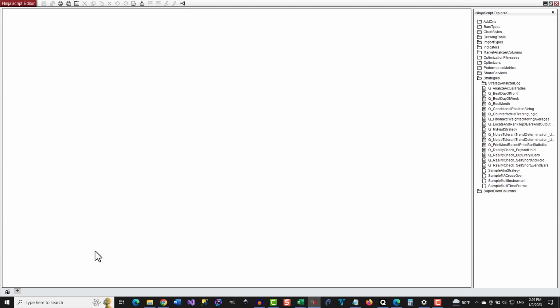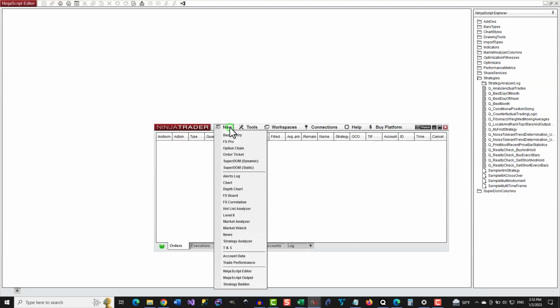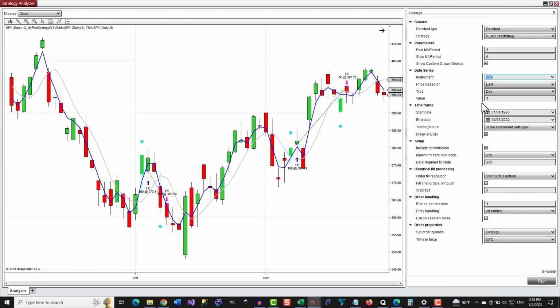Since the NinjaScript editor was open before sending the code to NinjaTrader as it should be, the code of each of the strategies was automatically compiled by NinjaTrader into a format that it understands, which made the strategies ready to be backtested in the NinjaTrader 8 Strategy Analyzer. Then I opened a separate NinjaTrader 8 Strategy Analyzer window for each of the built-in strategies by clicking here one time for each strategy and ran a quick backtest for each of the strategies over many years of historical market data for the symbol SPY. SPY is the symbol for the SPDR S&P 500 ETF, which is designed to track the S&P 500.